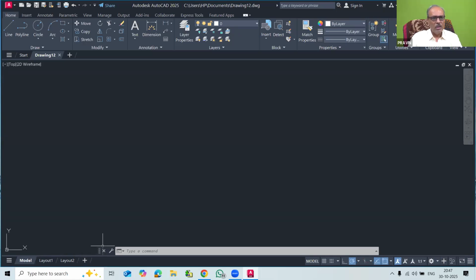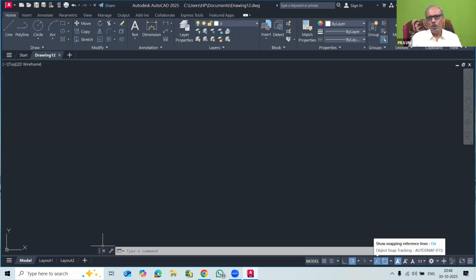In the 2013 version, various modes were given here, but now these modes are given on the right side, where you can see this is the grid mode F7 and this is the snap mode. They are given combined, so we have already used that. Now this is the ortho mode, function button F8, and along with that this is polar tracking, and then the ISO mode is given separately in this 2025 version. We will see that while creating isometric drawings.